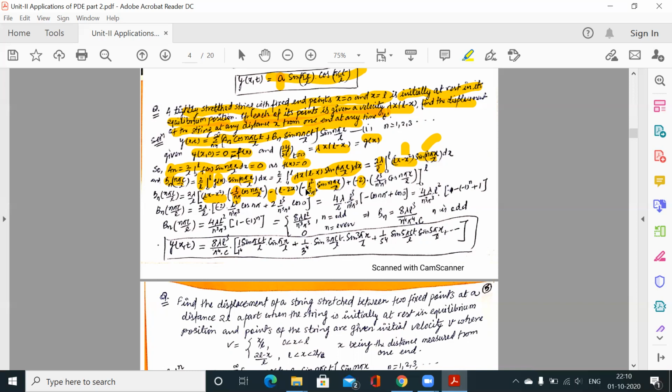सो फिर से इंटीग्रेशन मतलब माइनस एल स्क्वायर बाय एन स्क्वायर पाई स्क्वायर तो हो गई. साइन का इंटीग्रेशन क्या होगा? माइनस कॉस एन पाई एक्स बाय एल डिवाइडेड बाय एन पाई बाय एल. सो माइनस इधर से आ जाएगा, माइनस ऑलरेडी था इसलिए प्लस हो गया. एल स्क्वायर बाय एन स्क्वायर पाई स्क्वायर था, और इधर एक इंटीग्रेशन से भी आएगा. सो एल क्यूब बाय एन क्यूब पाई क्यूब इंटू साइन का इंटीग्रेशन क्या होगा? कॉस एन पाई एक्स बाय एल.